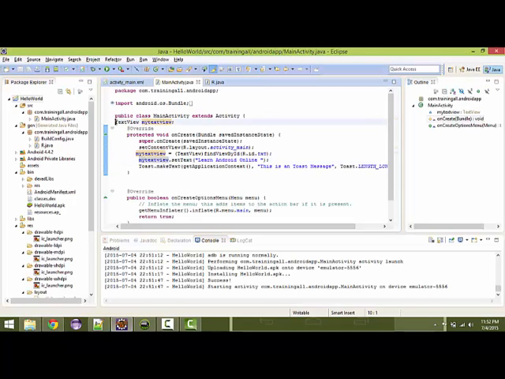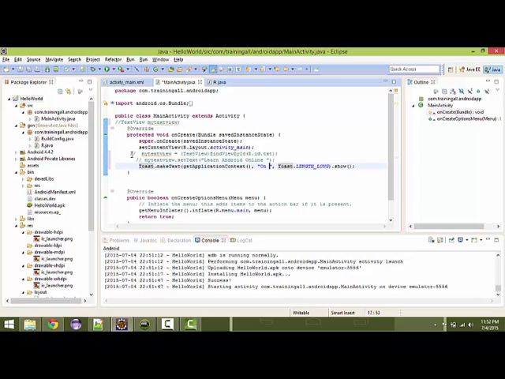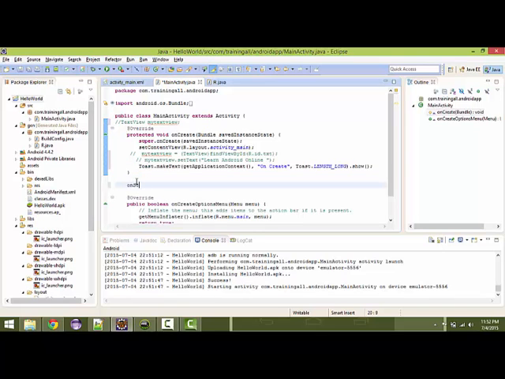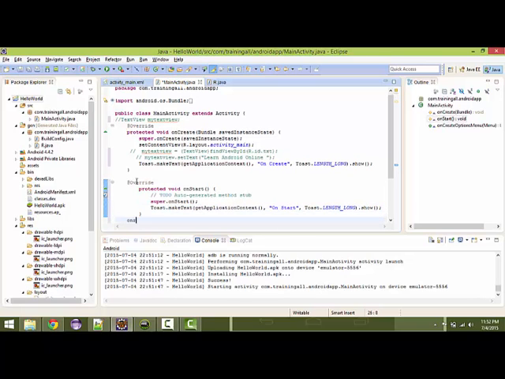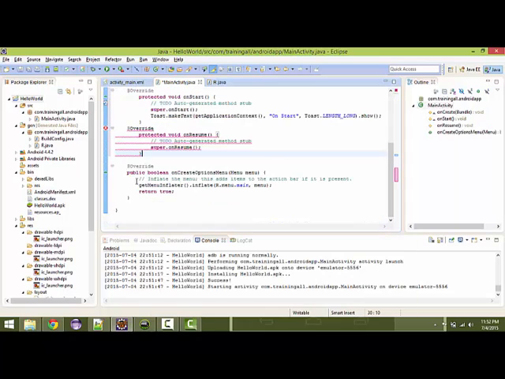I don't want this, so I'm making this a comment. Let me change it to onCreate. Now the other methods: onStart, then onResume,